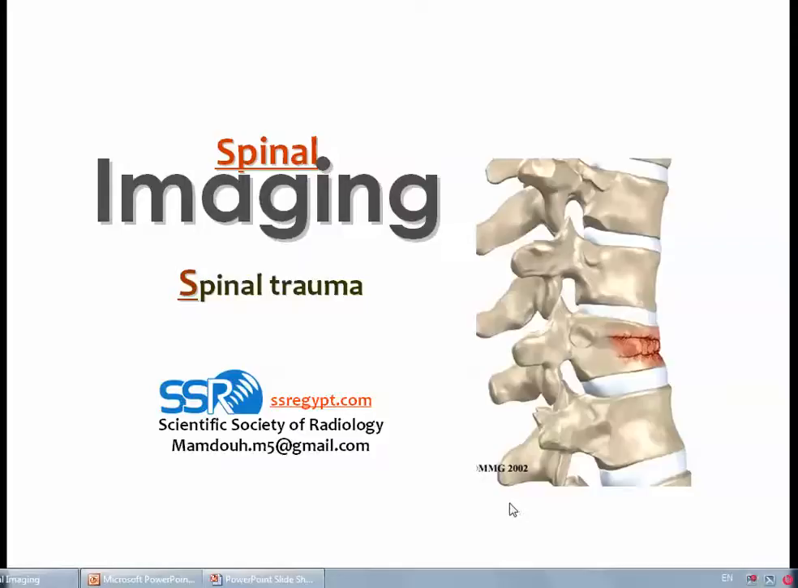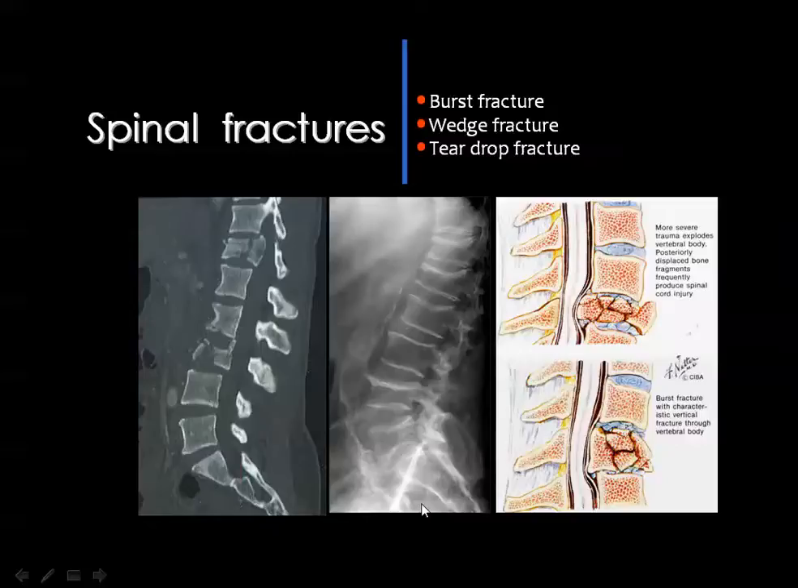Dear colleagues, we are now discussing the issue of spinal trauma in the series of spinal imaging. As you all know, we have three types of spinal fractures: the burst fracture or the comminuted fracture of the vertebral body, the wedge compression fracture, and the teardrop fracture. As you can see here, this is the plain X-ray of the lumbar spine showing an example for